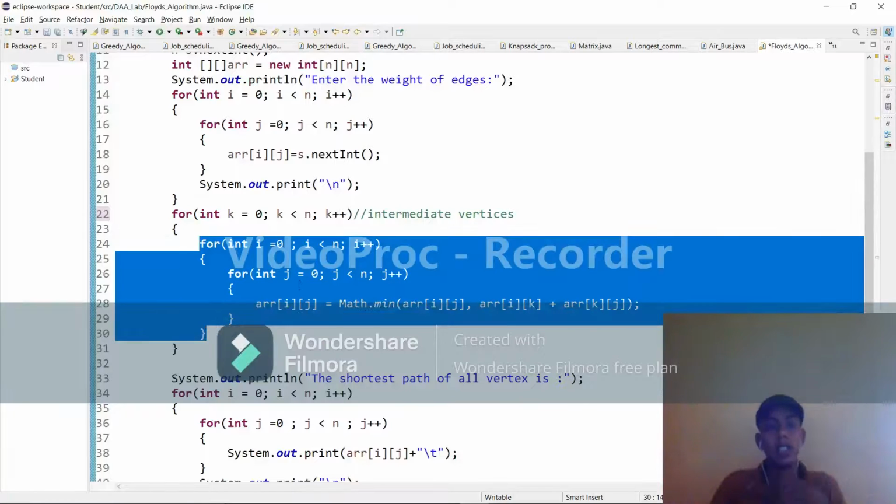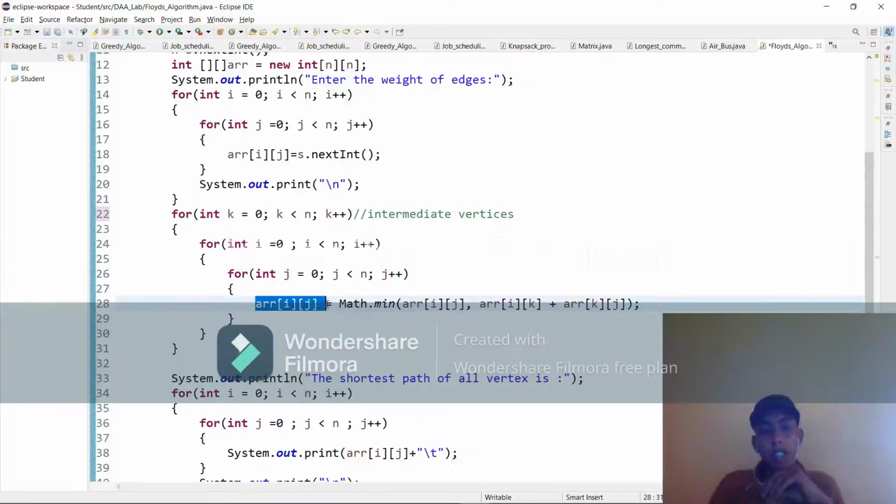This code implements the intermediate vertex for a single vertex, and the outer for loop repeats for as many vertices as we want.